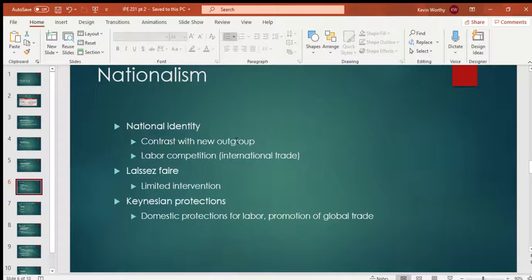And this is a huge shift, because you start having these different outgroups, and all of a sudden it's easier to be nationalist. Because trade matters, because all of a sudden state borders matter, now you can have an outgroup that is another national identity. And so nationalism is actually an outcropping of the 20th century change into international trade, because you can have an outgroup.